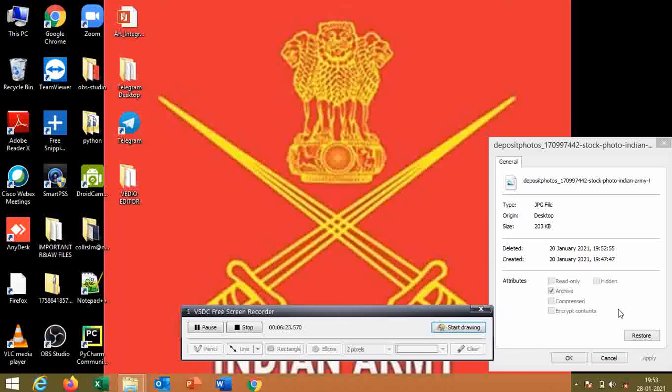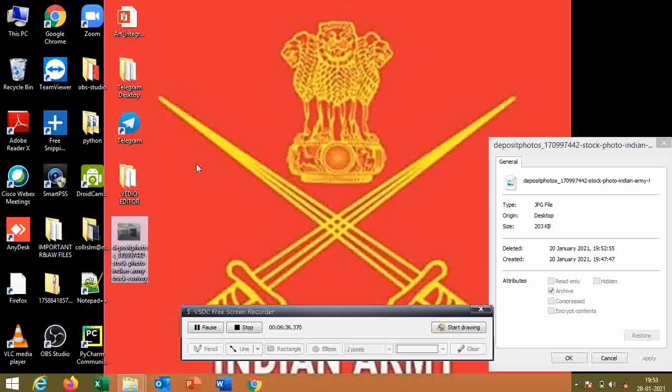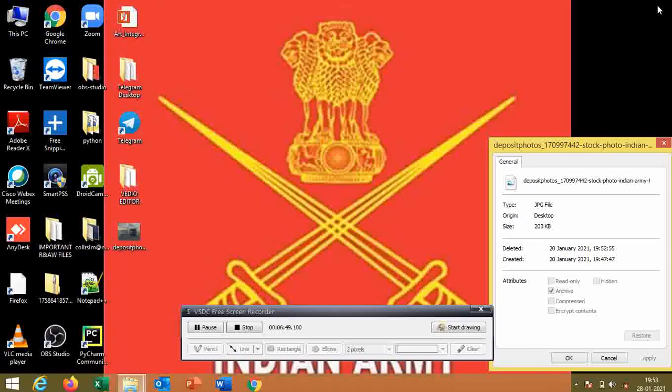I'm going to draw. I gave restore, and finally the file has also been there. So now you can see the picture which has been restored. So this is the way we can restore files which have been deleted temporarily.